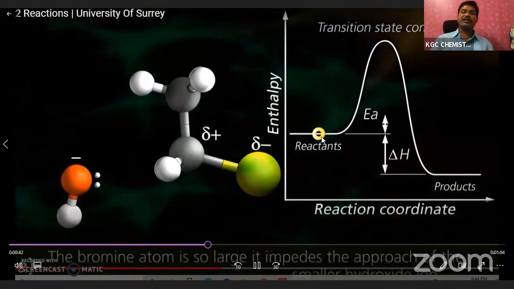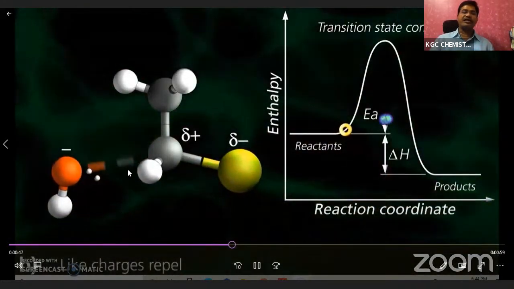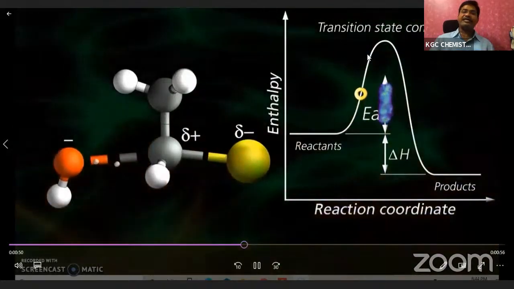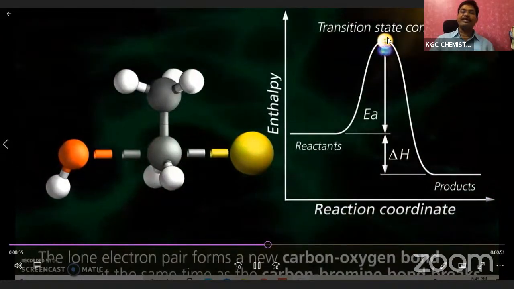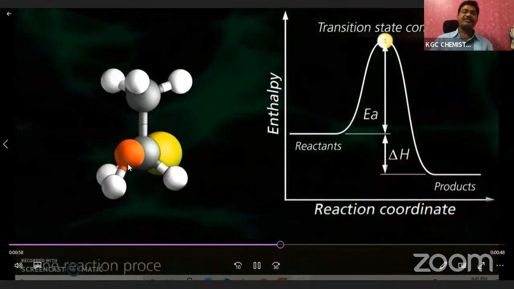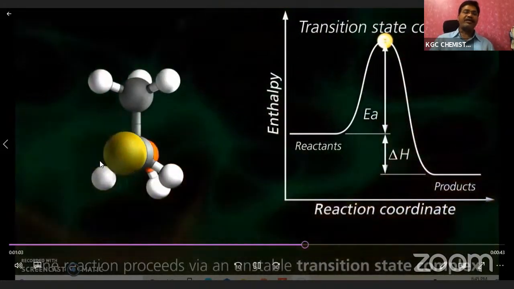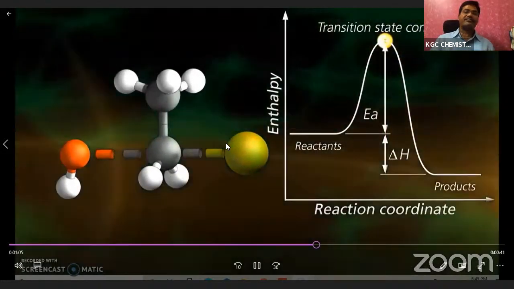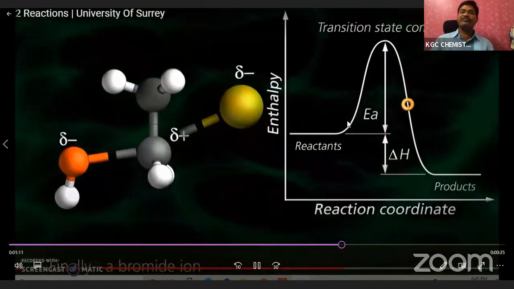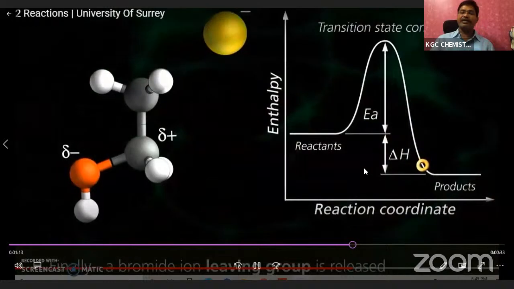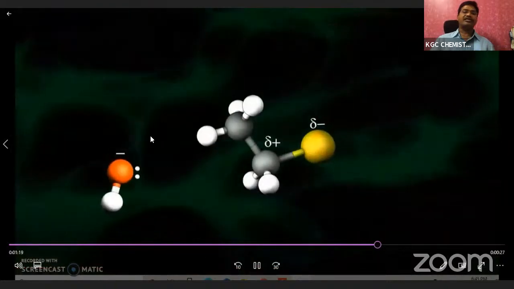Now they are approaching each other. See the energy. This is the energy of the reactants. When they come closer to each other, the energy of both reactants increases. Then this is the transition state, where the energy is very, very high, and the hydroxide ion is attacking on the back side of the bromide. Now this is the transition state, and now this is the leaving group. It leaves, and at the same time the energy decreases. This is going to be the product, the alcohol with hydroxide.